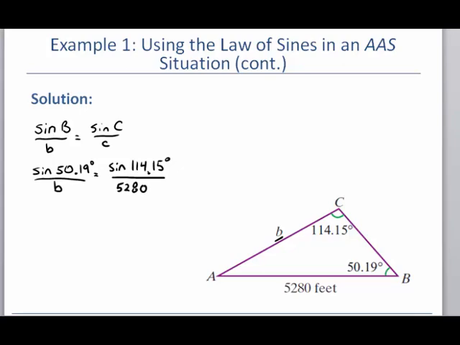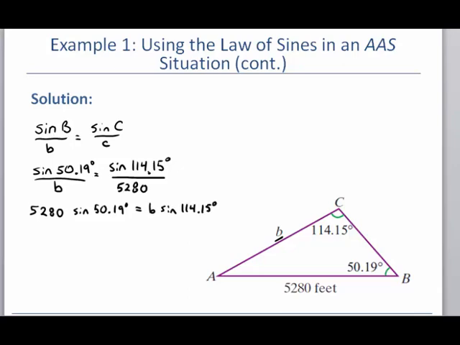The easiest way to solve this is to cross multiply. So we're going to multiply the sine 50.19 times the 5280. So I'm going to have 5,280, and we're going to put this in our calculator in just a minute. And then the sine of 50.19 degrees. And then we're going to multiply across the other direction. So that'll give me B times sine